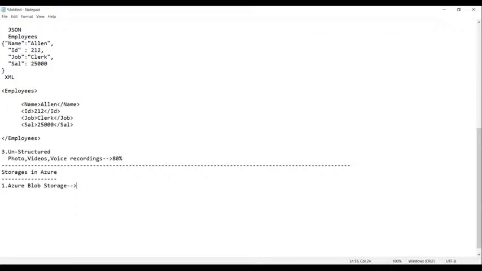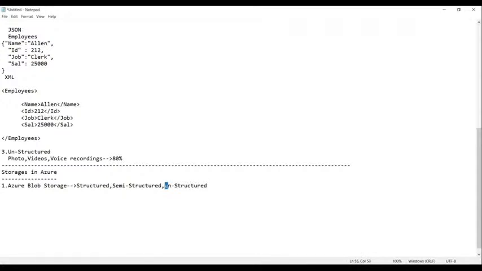That means the Azure blob storage can store structured data, semi-structured, and unstructured data.